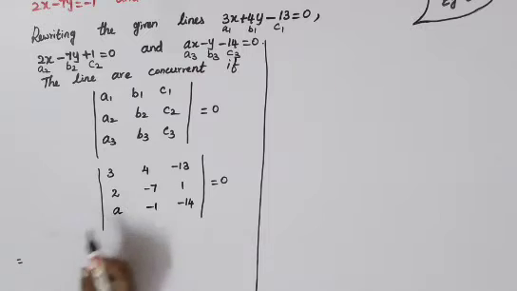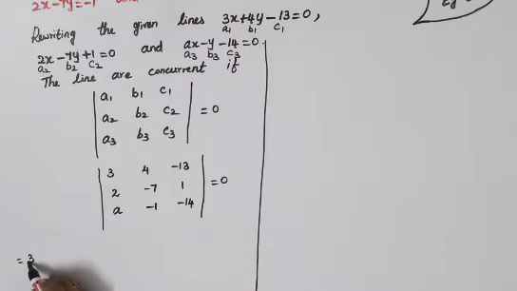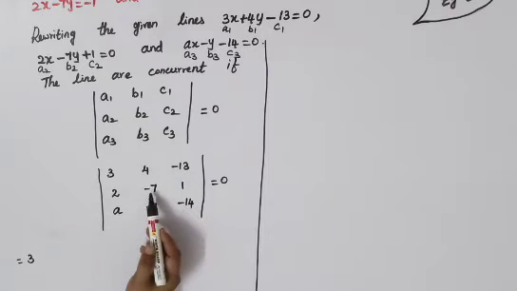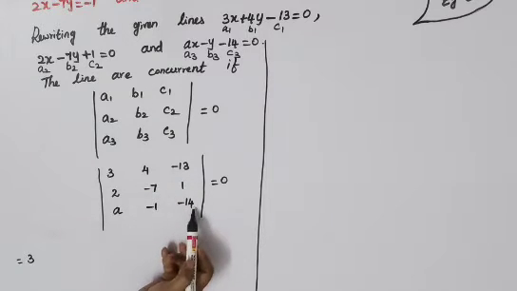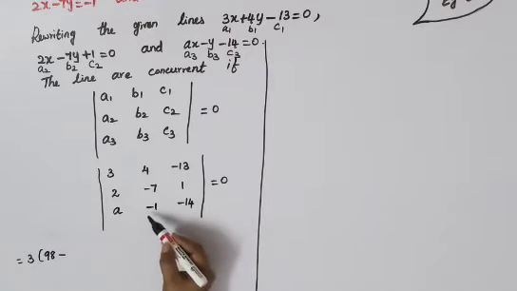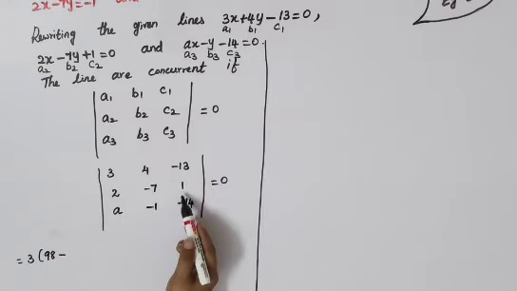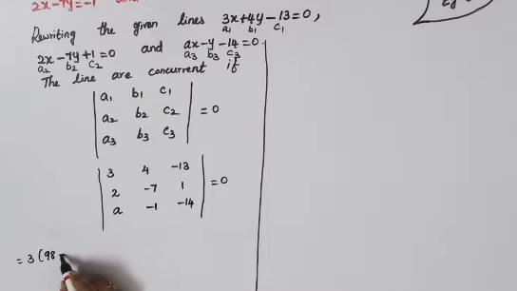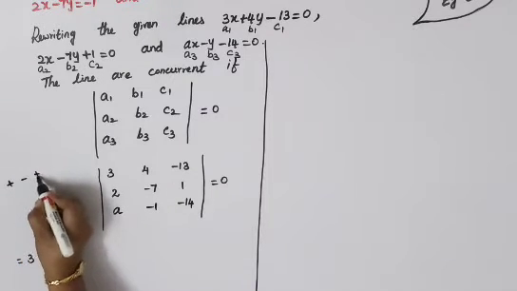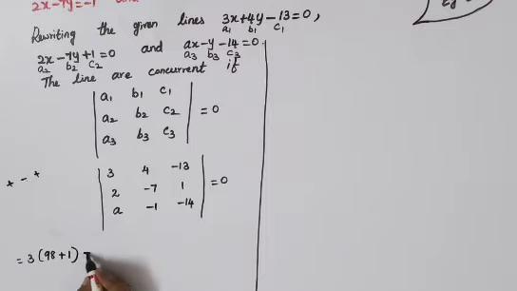So take this 3 and find its minor by removing its column and row. So you'll get these values. Minus 7 and minus 14 when you multiply you get 98. Then from the format, minus 1 and 1 when you multiply you get minus 1. So minus into minus will become plus, so you can write it as 1. Then you know the format: plus, minus and plus. This minus you'll have to give it here.